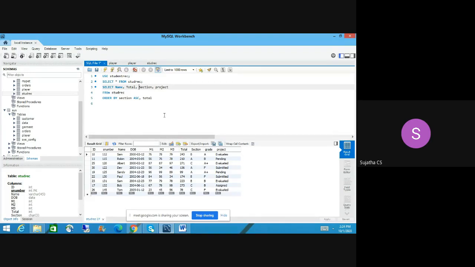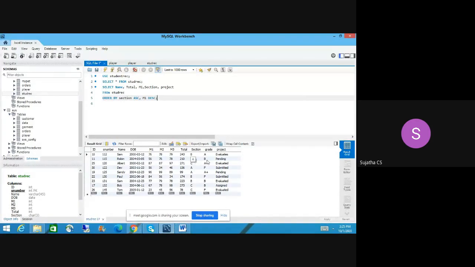On the safer side, I am using this. Okay, M1, descending order. Okay, what will happen? First, it will sort by section. So how many A's are there? 1, 2, 3. So 3 A's will be there. Then it will pick mark M1, and then using those 3 records, it will display descending order.